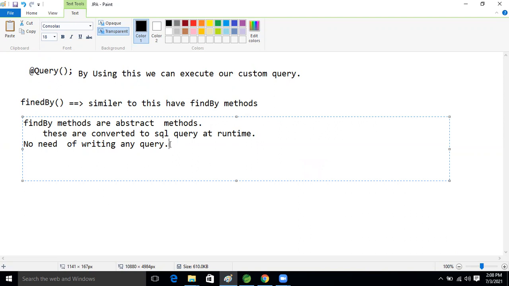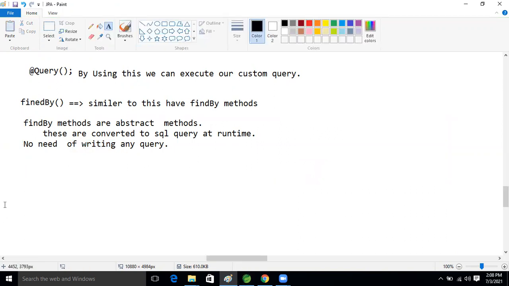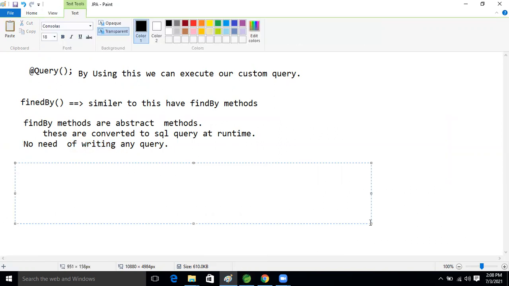Okay, good. But what is the syntax now, guys? How can we write a find by method? This is an abstract method.